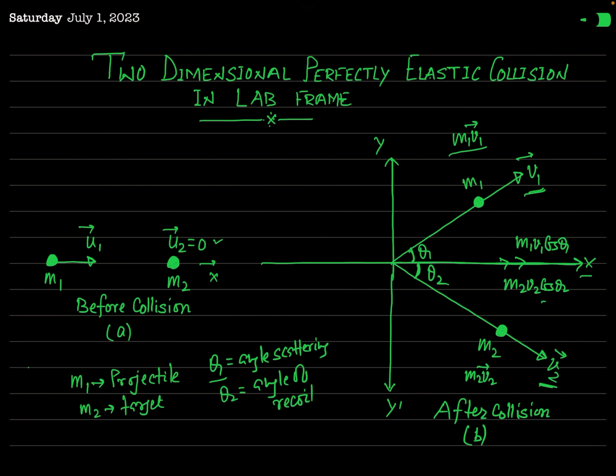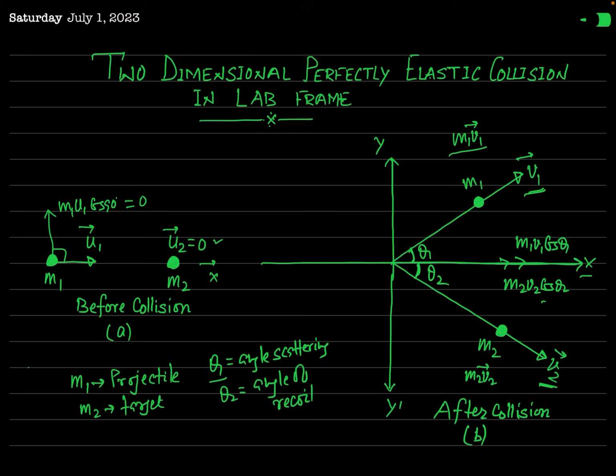Now see the figure. Since velocity of m1 before collision is u1 and it is directed in x direction, what will be its y component? That will be m1 u1 cos 90, because with y direction it makes an angle of 90 degrees, and that will be equal to 0. And the target is already stationary, so its total momentum is 0, and hence its y component will be